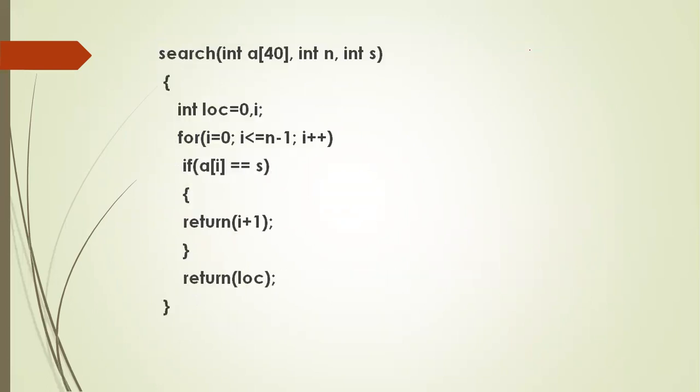Why I'm returning I plus 1 here is because in C, the subscript value starts from 0. So if the element is present in the second place, the I value will actually be 1. That's why I'm returning I plus 1. If the element is present in the 4th place, the I value will be 3 only, but for that reason I'm returning I plus 1, meaning 3 plus 1. So in order to print the exact position of that element, I'm returning I plus 1, because in C array subscripts start from 0.